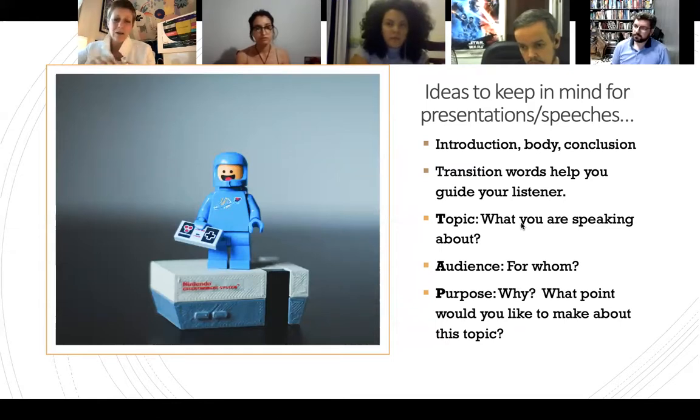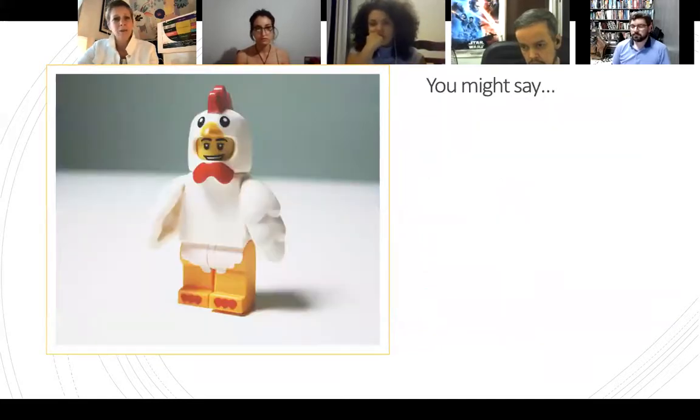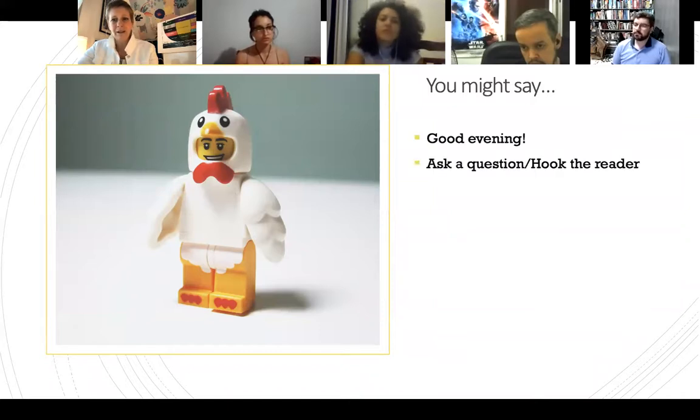These things also apply to writing. So next week when we start writing, I'm going to be saying the same thing about the TAP, okay? And it's just something we have to keep in mind so it will help you focus when you're writing and when you're speaking, okay? So last week we talked about this little format